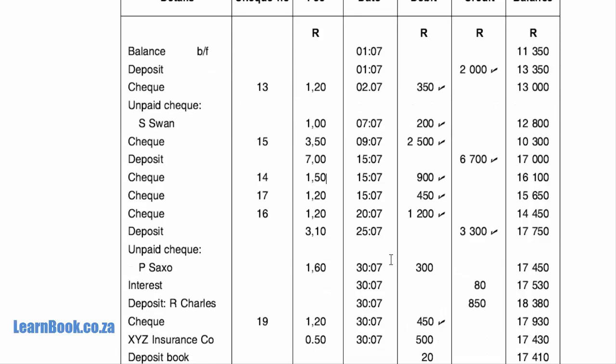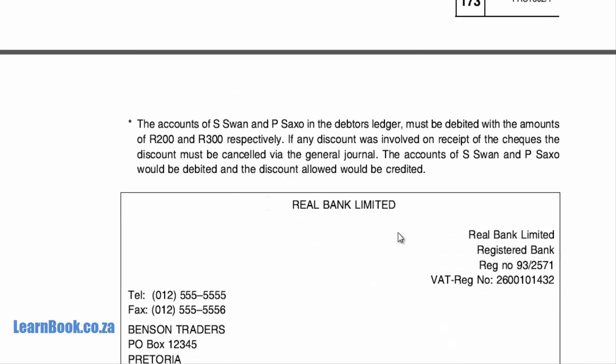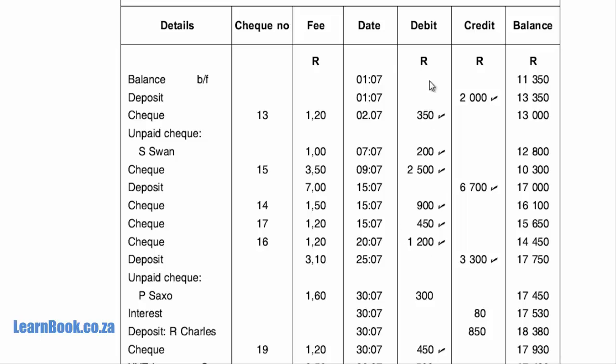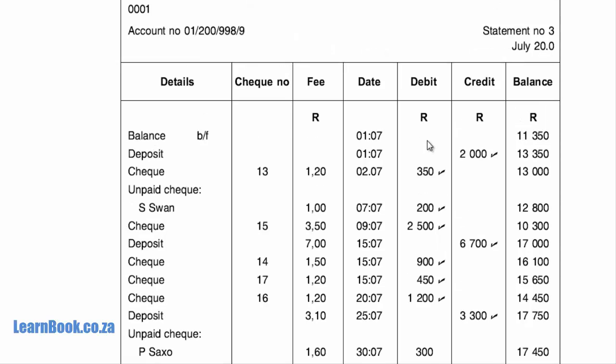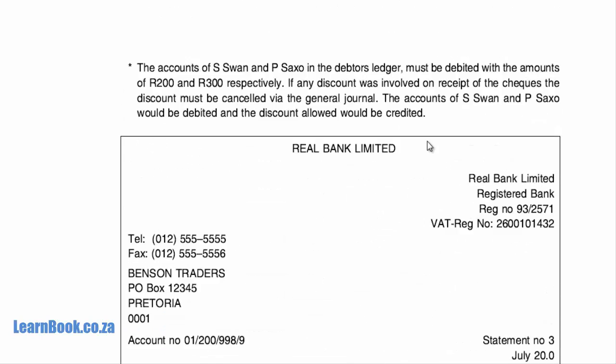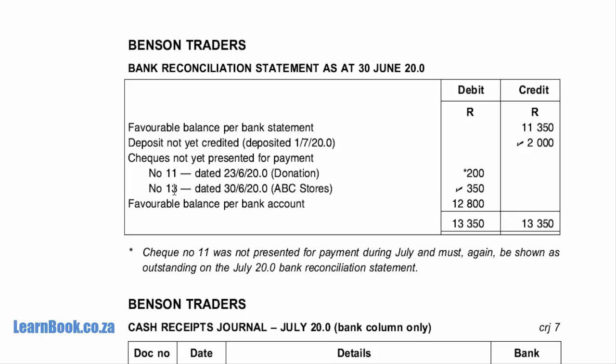So let's have a look at the bank statement and check that against the debit side, since we're working on the debit side, and check if any of these amounts will fall or reflect in the bank reconciliation statement for June. If you can imagine, 350 Rand is not ticked, and let's have a look and see if this 350 Rand, here we see check number 13 dated 30th of